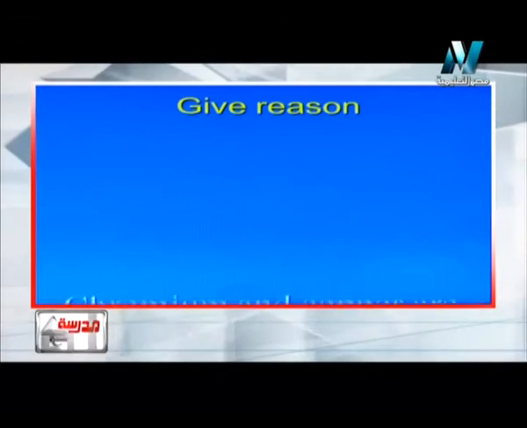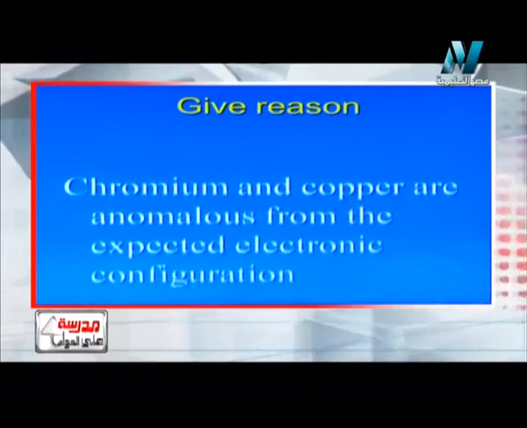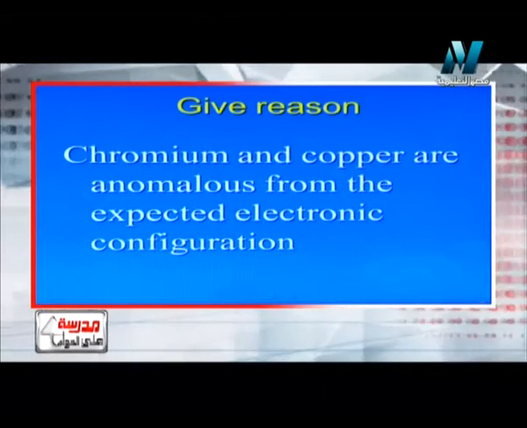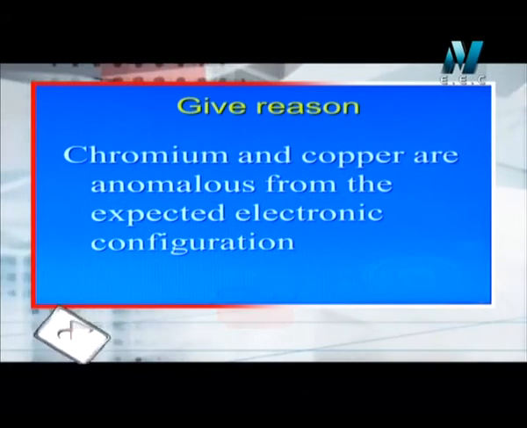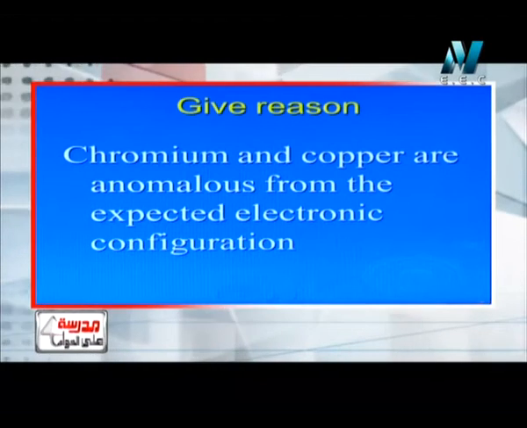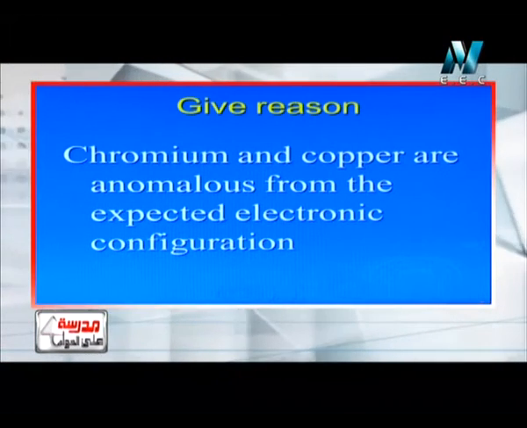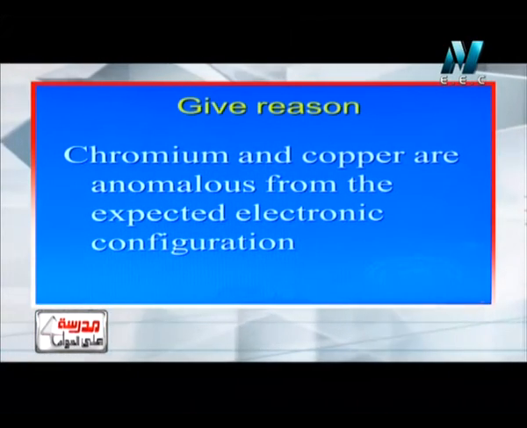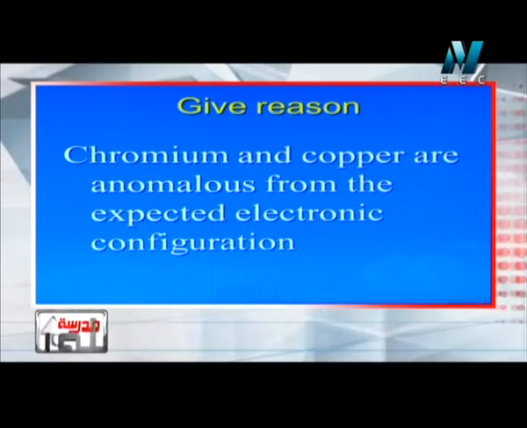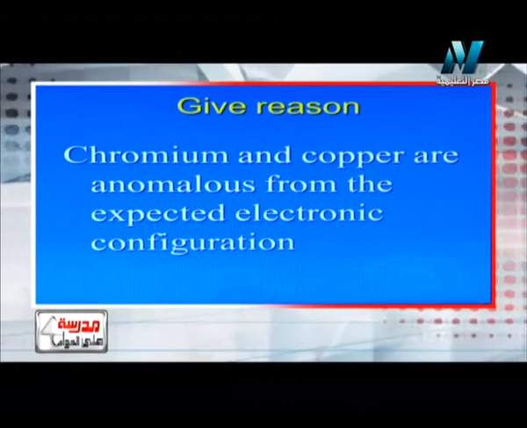Now we have a give-reason question that says: chromium and copper are anomalous from the expected electronic configuration. Actually, it's a very important question. Yes, this is a very important question, as you say. We know that